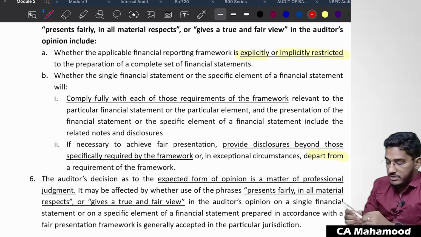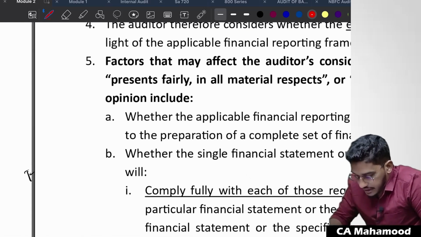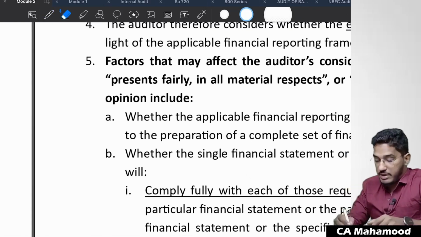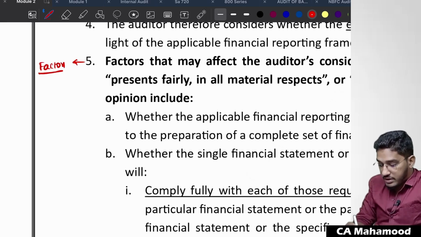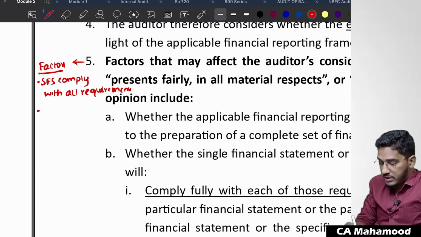So the summary of this fifth point is that there are 2 factors you will consider in determining whether you can use the phrases present fairly or give a true and fair view in the audit report of the single financial statements. Whether you can use that or not depends on 2 factors. We need to check that the standalone financial statements comply with all requirements, and also if required,